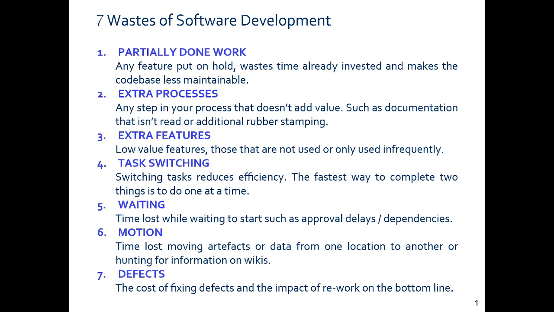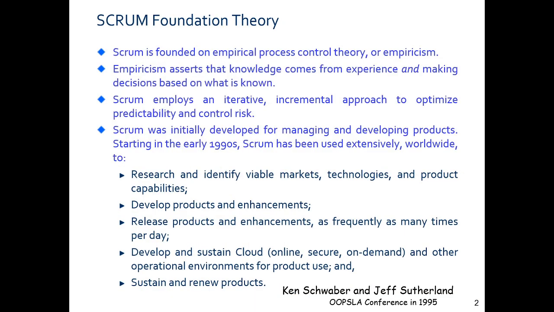So these are the 7 wastes we have to bother about before we can start off. Scrum was founded on empirical process control theory, or simply empiricism, that is collection of historical data, feedback, and result analysis. It asserts that knowledge comes from experience and decision making. It uses an iterative approach, and way back in the 1990s, Scrum was first suggested by Ken Schwaber and Jeff Sutherland at the Uppsala conference, that was the object-oriented